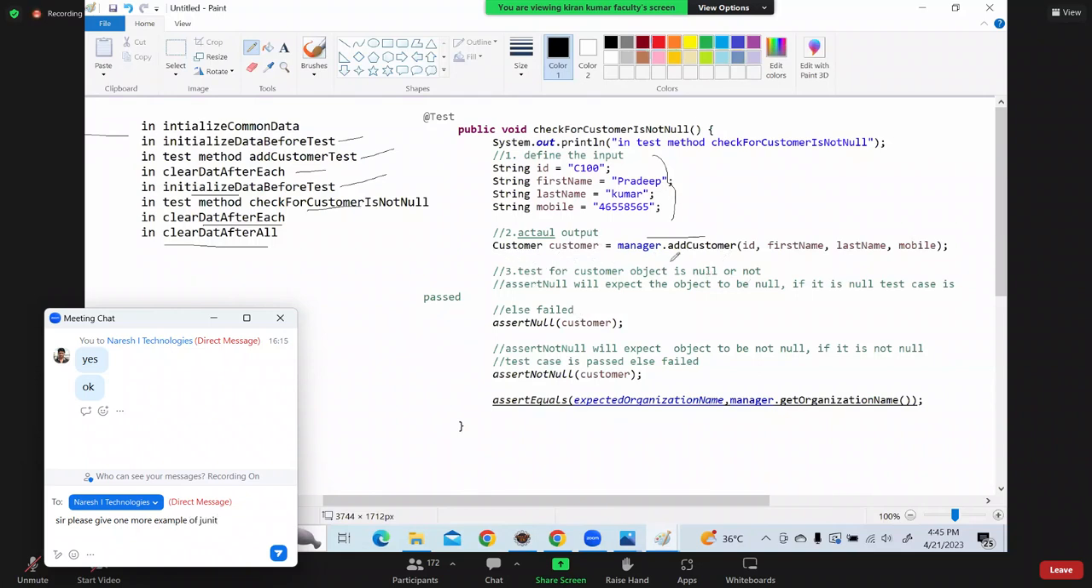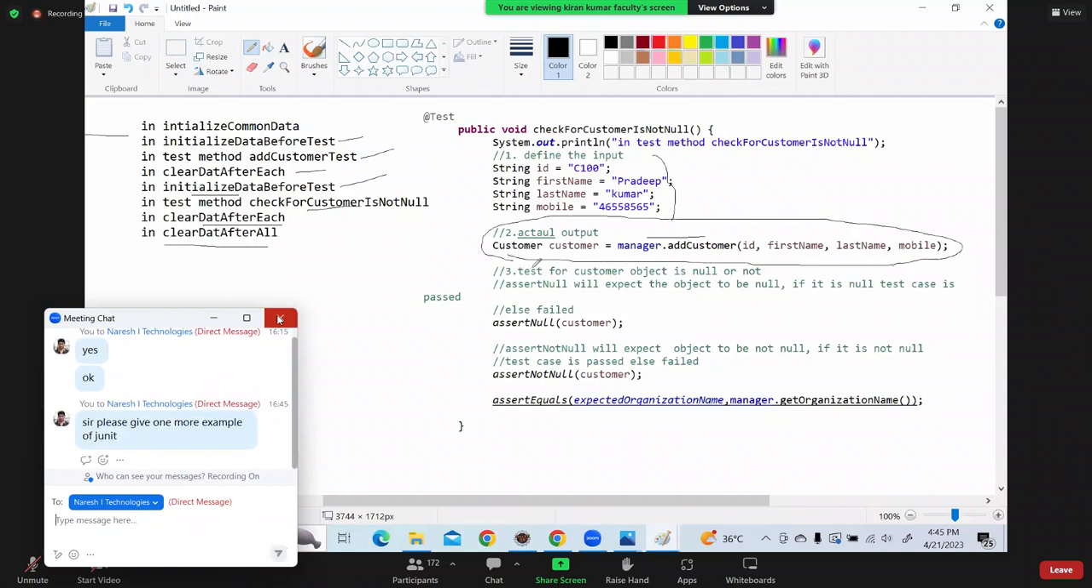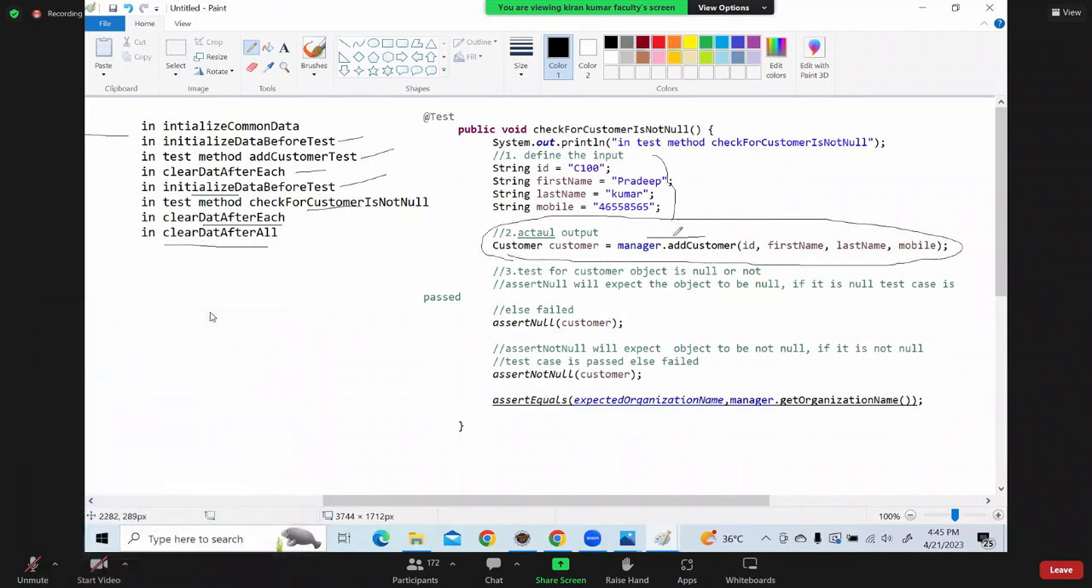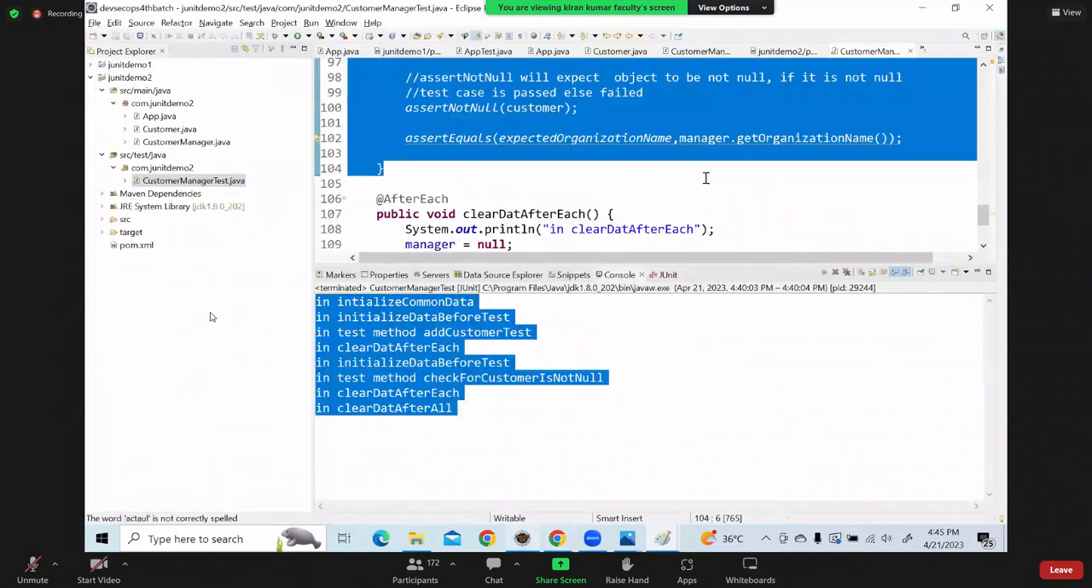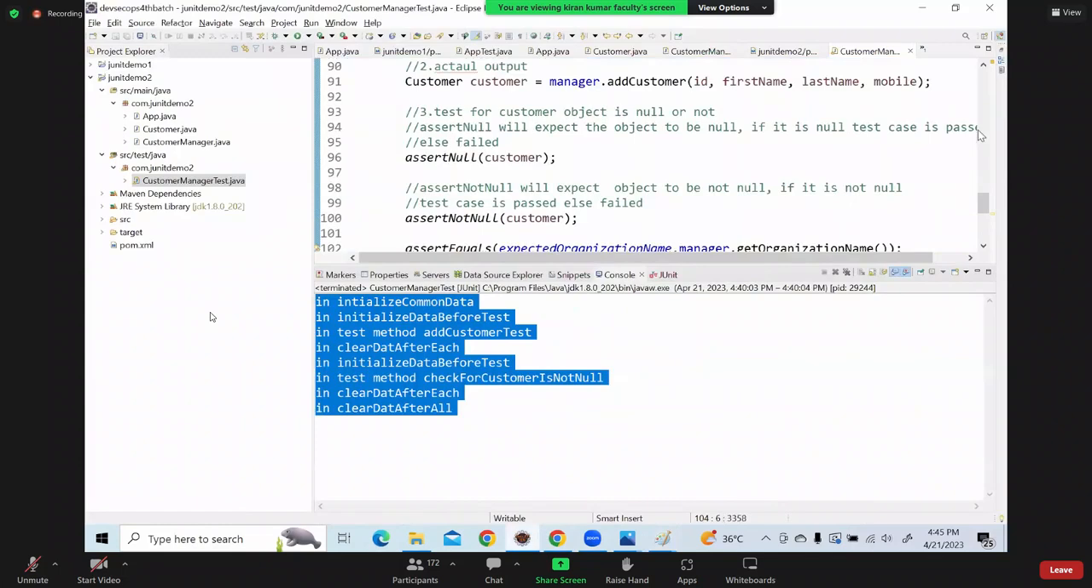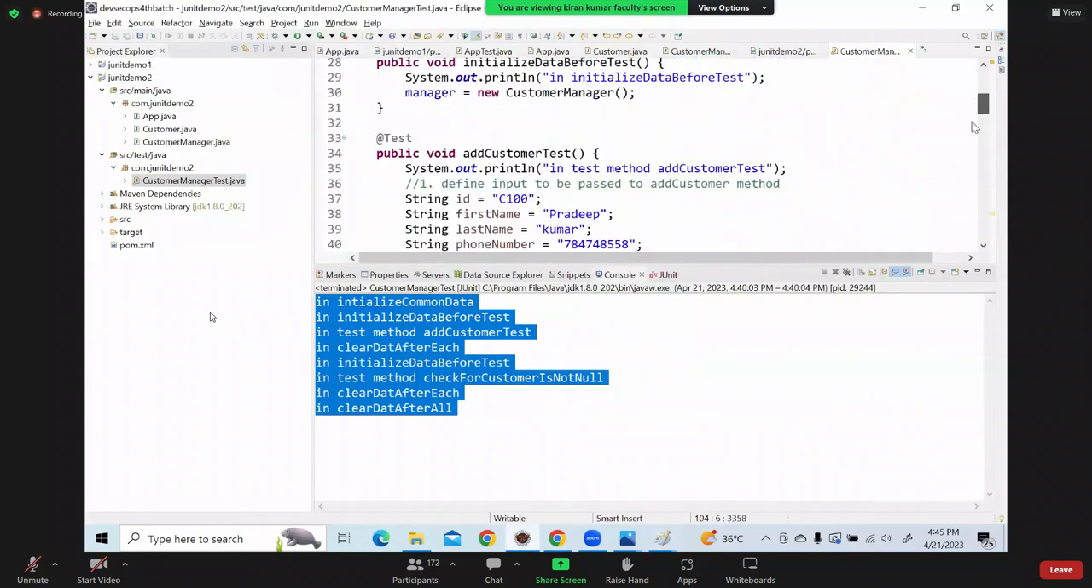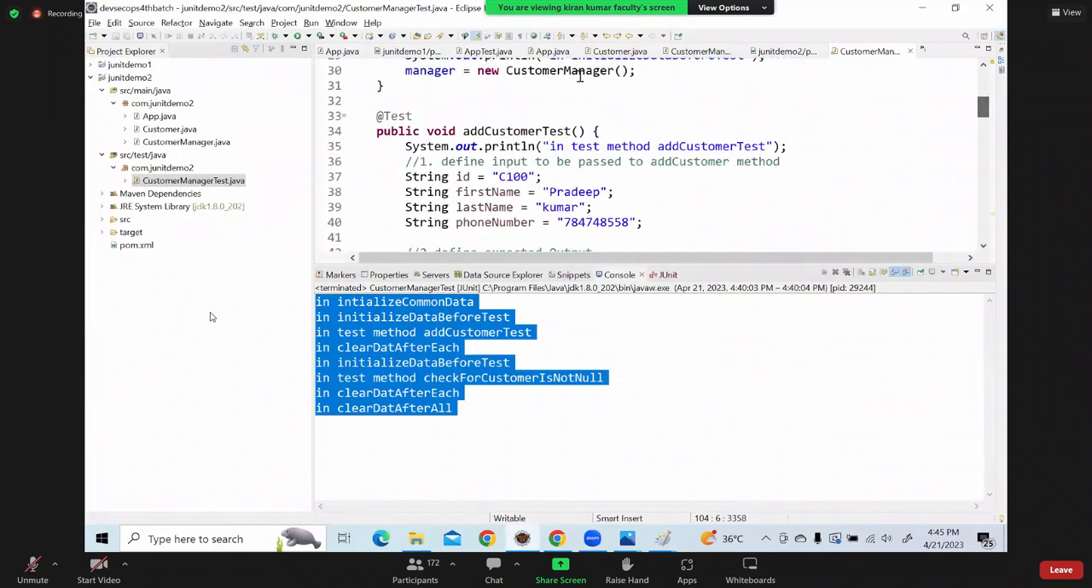To get the actual output, what are we doing? We are calling this method. Where is this method present? This method is part of this object, right? Where is this object present? This object is of this customer manager class, right? So if we go here,